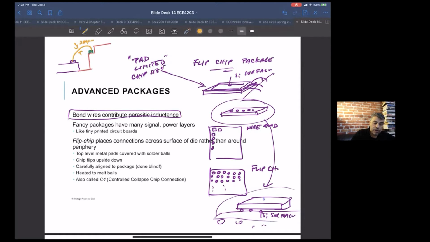Another rule of thumb to remember, it's a good rule of thumb. I'm not sure if you're not doing chip designs, if you're doing microelectronics, you need to worry about it, but I think you need to understand this. The rule of thumb is 1 millimeter of wire bond is equal to about a nanohenry of inductance. Okay, so anything with a nano doesn't sound too bad, but as you'll see,